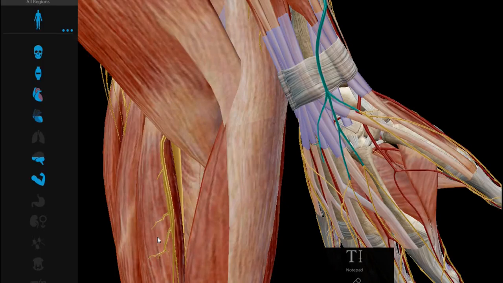So guys, at the end we will summarize the radial nerve. In the axilla, it is posterior to the axillary artery, that is the third part of the axillary artery. It will exit the axilla at the lower border of the teres major muscle. Then it will enter the arm through the lower triangular space, and then it's going to run between the long head and the medial head of the triceps. It innervates those two heads from the axilla itself, and after coming to the arm, it will run in the spiral groove, and there it will supply three muscles and the two sensory innervations for the arm and the forearm. Okay,